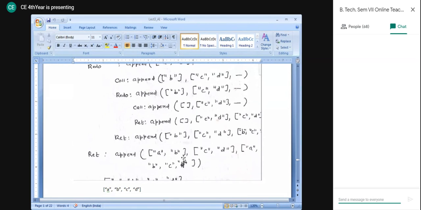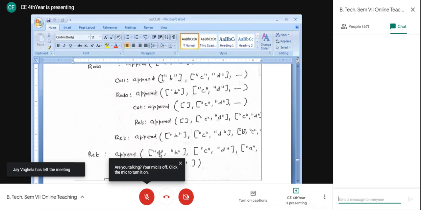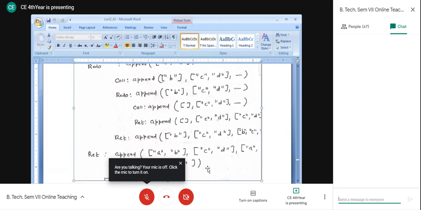Finally is written, this L3 value is BCD, and to that BCD the head of the first argument is A, so that becomes ABCD, and now the call is successful. Third argument stores the answer. The answer is ABCD. That is how AB is attached to CD to generate answer ABCD.